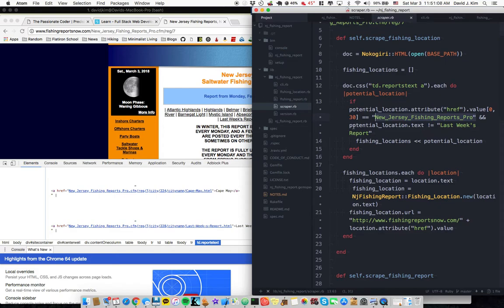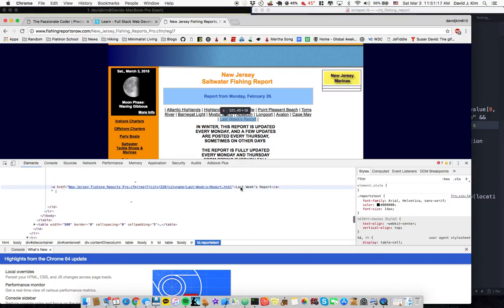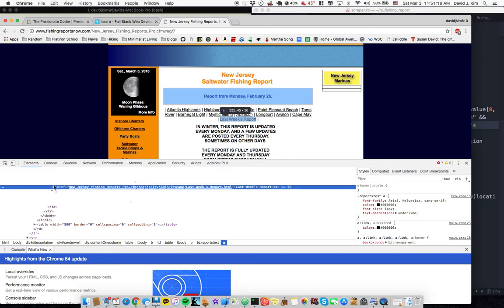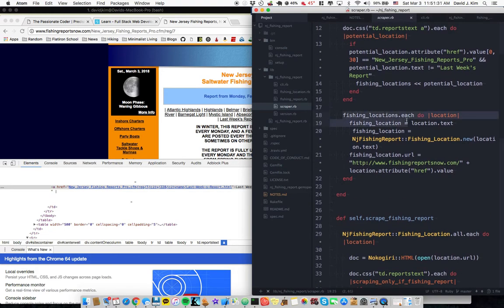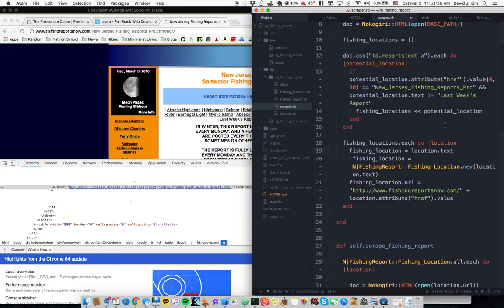But it's a section right here, the potential location text is not equal to last week's report, which basically isolates this and excludes last week's report, which is what I wanted to do. And after I did that, I pushed this potential location into an empty array of fishing locations, iterated through each of the fishing locations, set the fishing location to